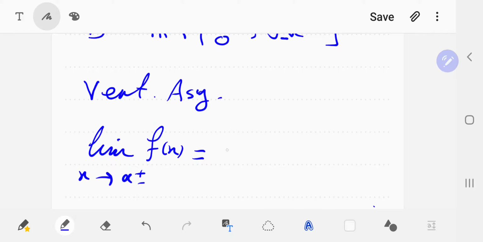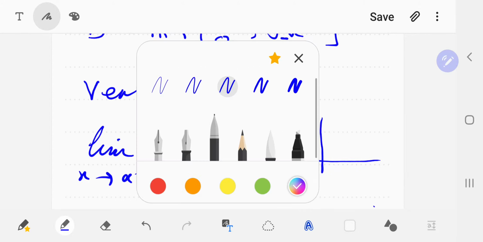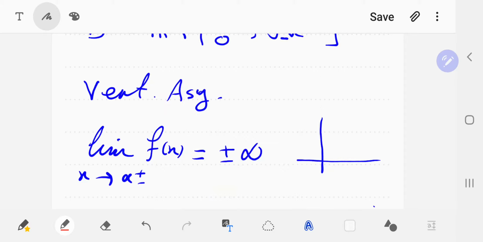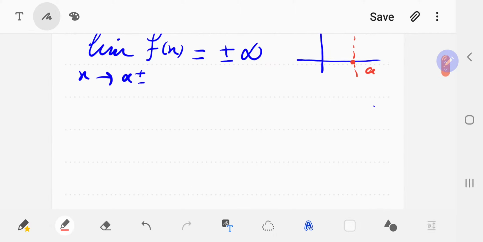If such a limit gives us either positive or negative infinity, this means that we will be having a vertical line passing through a, and that would be x equals a, will be a vertical asymptote. So we'll have a vertical asymptote, which is x equals a,